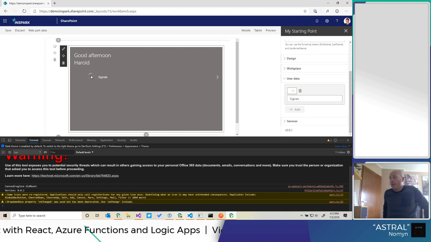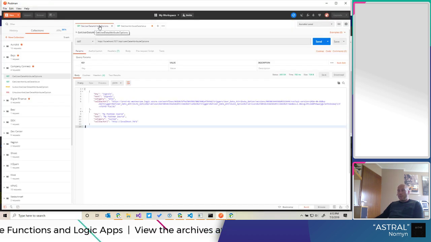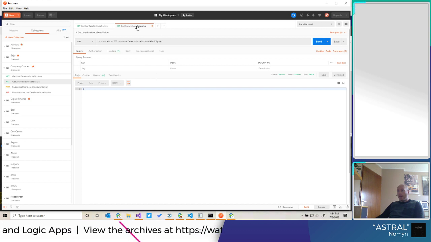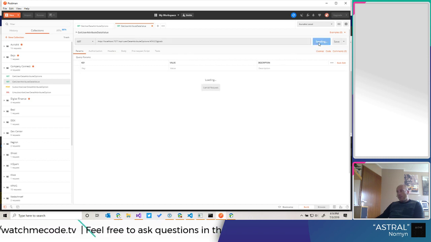So calling the API, we have a different function, a different endpoint for that. This will return a list of the options, and next up we can get a value by going to the user data attribute options, then the name of the category and the name of the option, and we do a send, we'll do a GET.